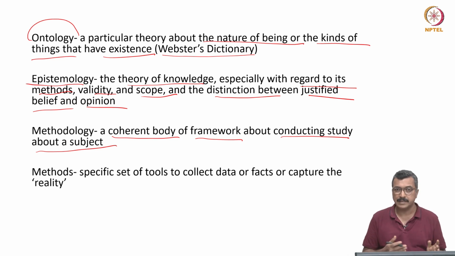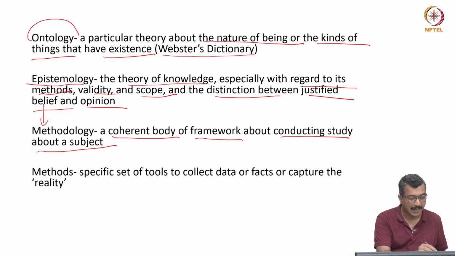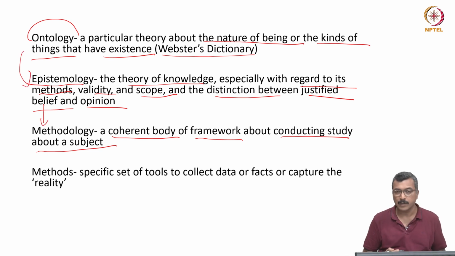And again, there is so much variation, so many divergent views about the methodological orientation. There is no single given methodology. Even within sociology, there are so many different methodologies. As I mentioned earlier, this methodology draws directly from epistemology, which again is heavily influenced by a particular ontology. So methodology is a theoretically informed, theoretically nuanced understanding about how to